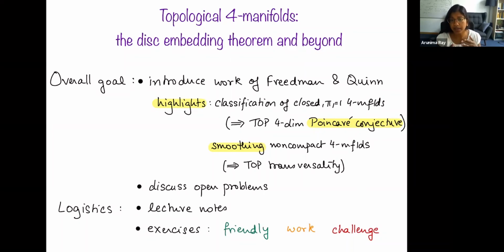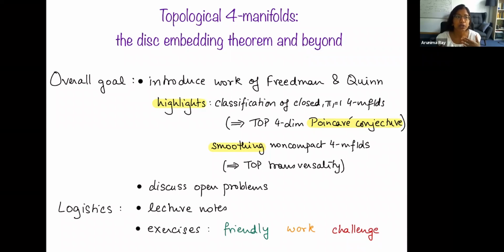Of course, in the smooth category, the smooth four-dimensional Poincaré conjecture is open at the time of this recording, and there's nothing even close to a classification of closed simply connected four-manifolds. This dichotomy is going to be a focus for us, and we'll see how we can prove the topological four-dimensional Poincaré conjecture. So that's one thread. The other thread is work of Quinn, which is telling us that in some situations